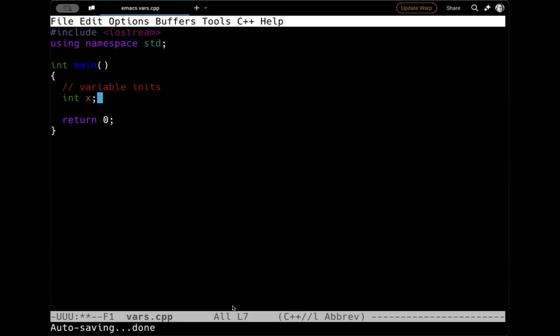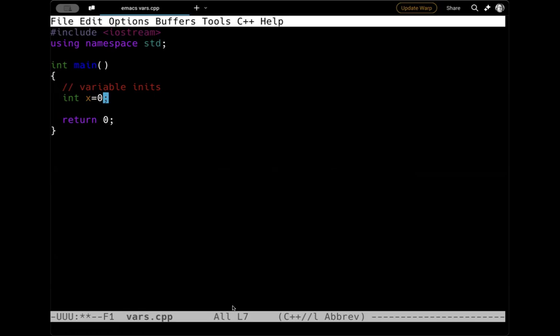Okay. When we initialize variables, we can't guarantee that the value is zero like you would like it to be. It used to be that it was never zero. It was just whatever happened to be left over in that memory spot. But nowadays with C++, it tends to be equal to zero. But if you want to make sure that it's zero, it's always a good idea to go ahead and initialize the variable right when you're declaring it. That makes the most sense.